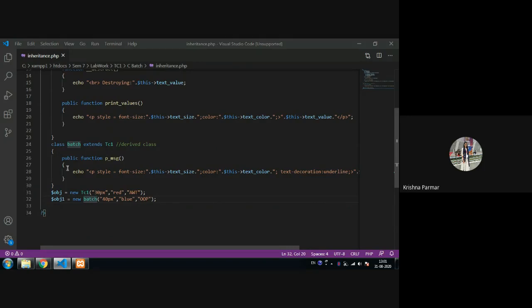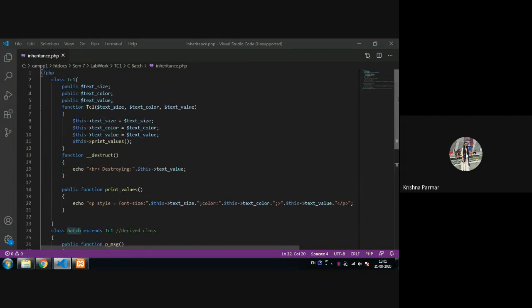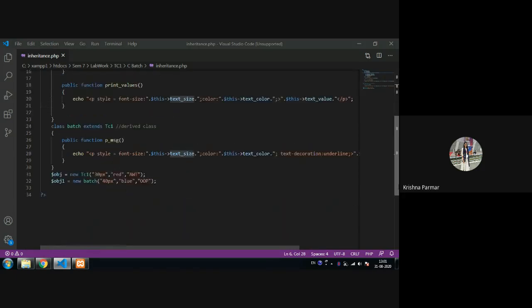But if you are not defining it, it calls the parent class constructor, and this entire thing is evaluated. So is it clear what I want to convey, everybody? So it directly called the parent class constructor.